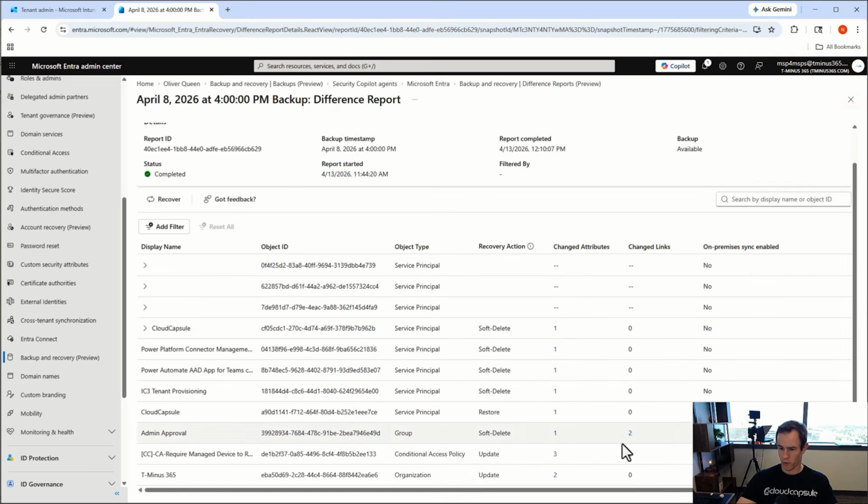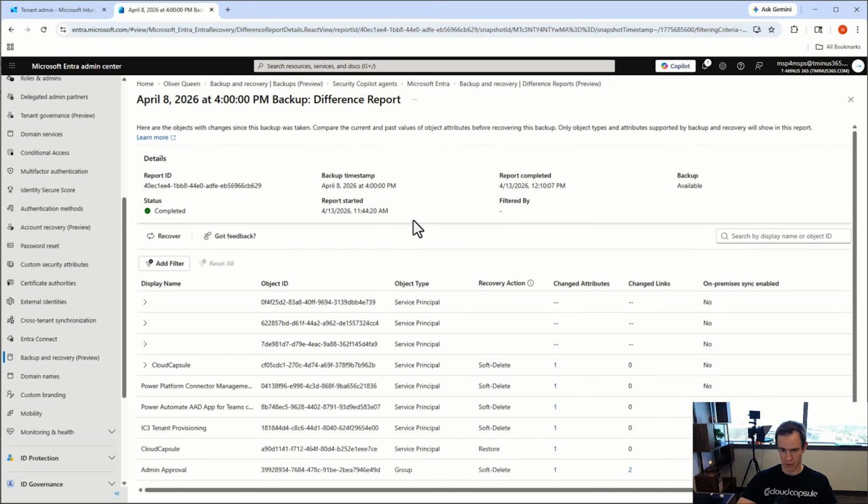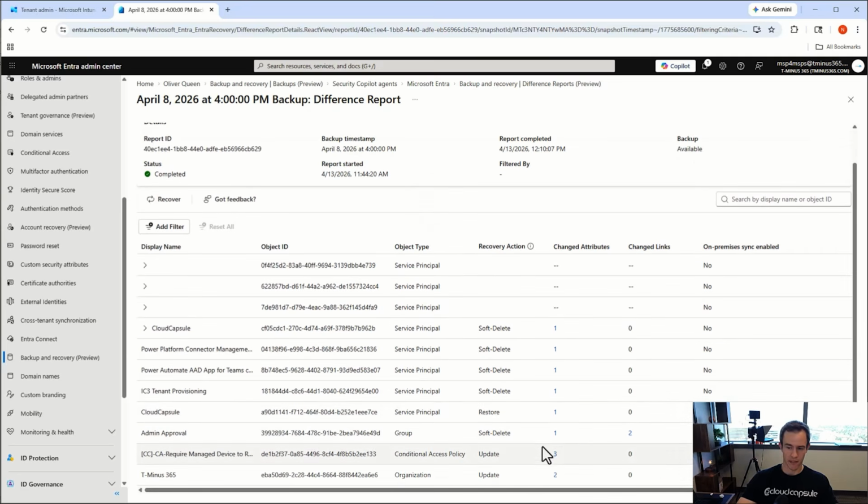So it's actually interesting the way that you'll have to read this, because this is basically saying, hey, this group was created in the last time since you had this backup, and the rollback action that we would do here, recovery action, is actually going to soft delete it and remove these members that are part of this. So if I click on another one here, you've got organizational updates, you've got conditional access policy